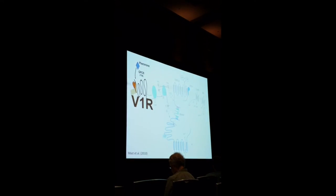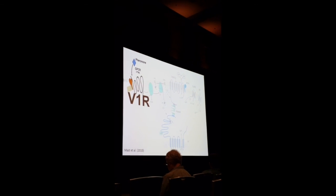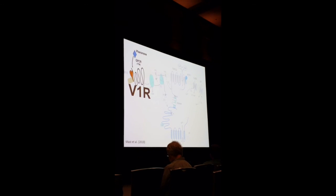So we're going to turn to this gene family known as V1Rs, or the vomeronasal receptors. These are receptors that bind directly to the pheromone. This has led to a large diversity in the numbers of the vomeronasal receptors across mammals. So you can see